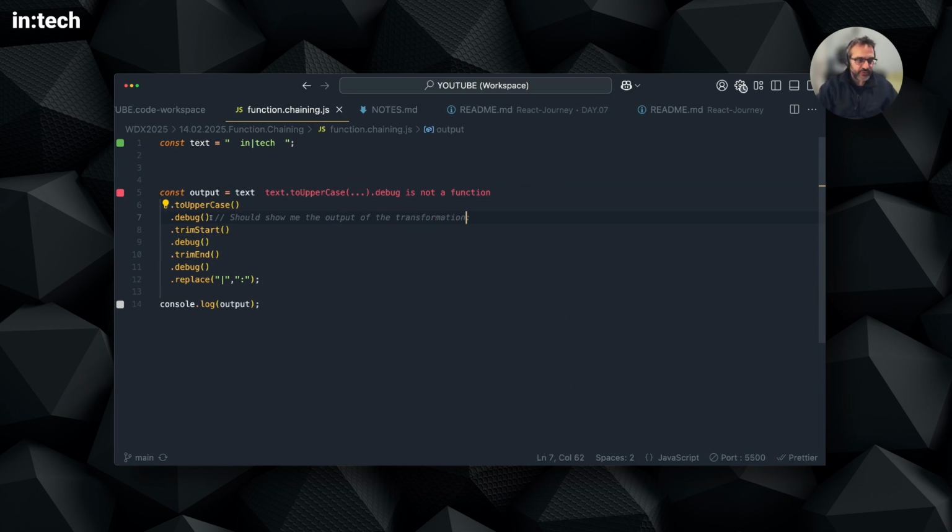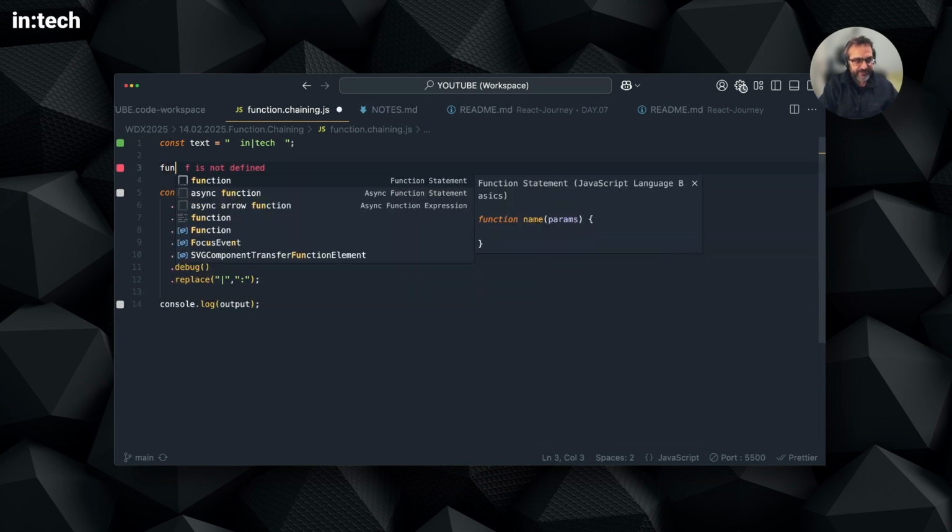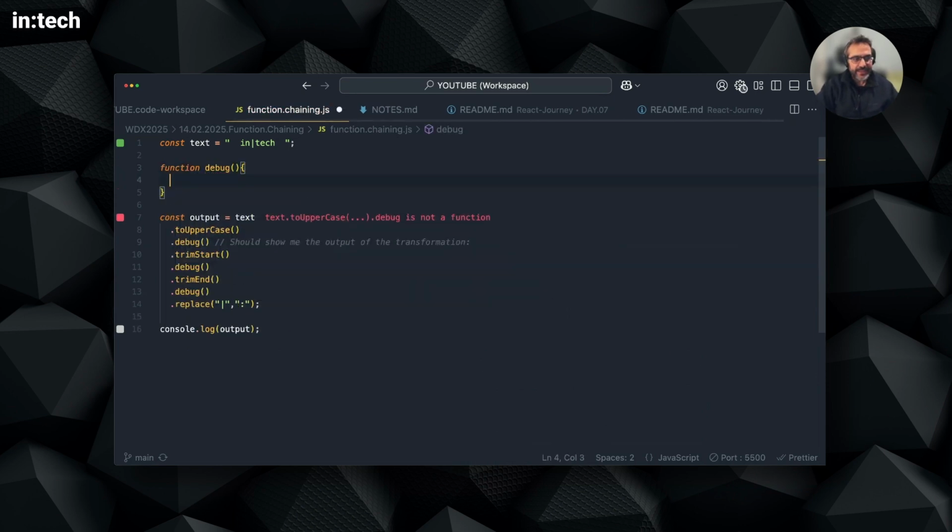So I want this helper, like a debugging function, that I can put between these chainable function calls and inspect how the initial value gets transformed and changes from step to step. So this is kind of like an X-ray mechanism, which shows me the journey of this initial string through this chain. So here's how I can do this. First of all, I need to define a function debug and console log the value. Okay, I have to find a way to put something here so that I can see the actual string